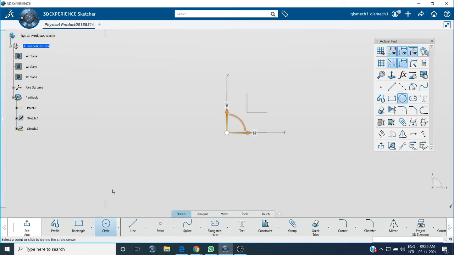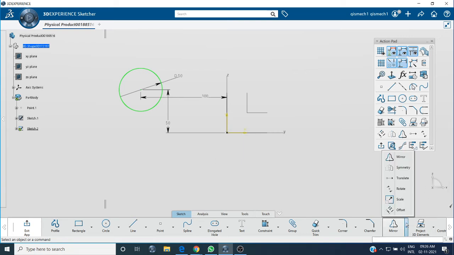So for that I will take a simple profile, a circle. First I will need to give the dimension and make it iso constant, that it is 50 mm. And from the center to the vertical axis give the dimension, let it be 100, and from the center to the horizontal axis give the dimension, that is 50. So I think our profile is iso constant and we have given the dimensions.